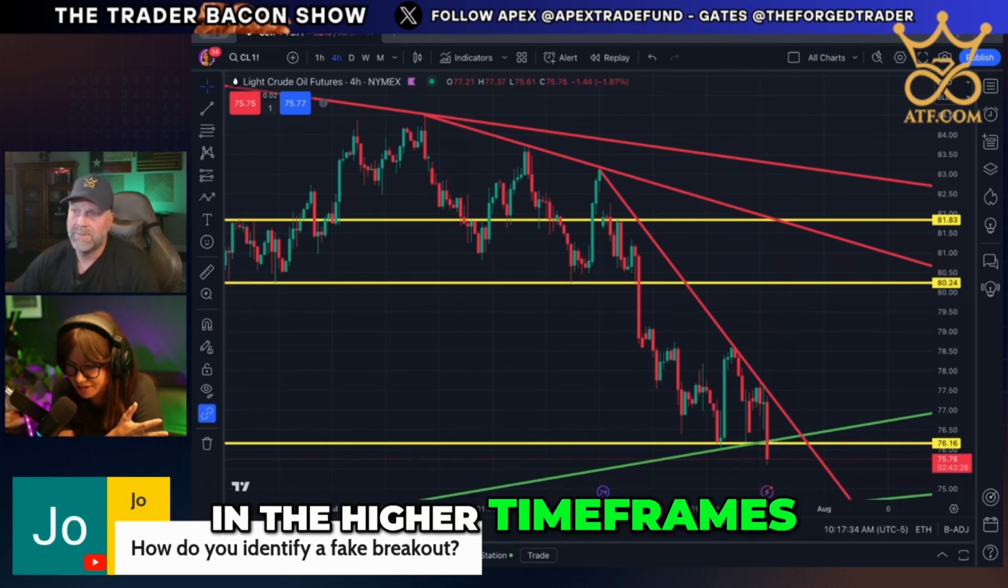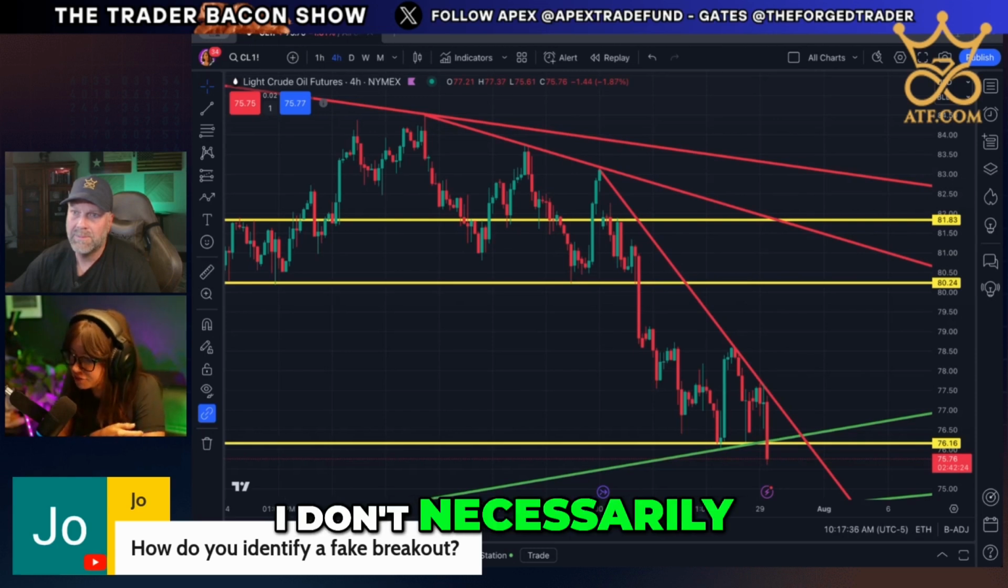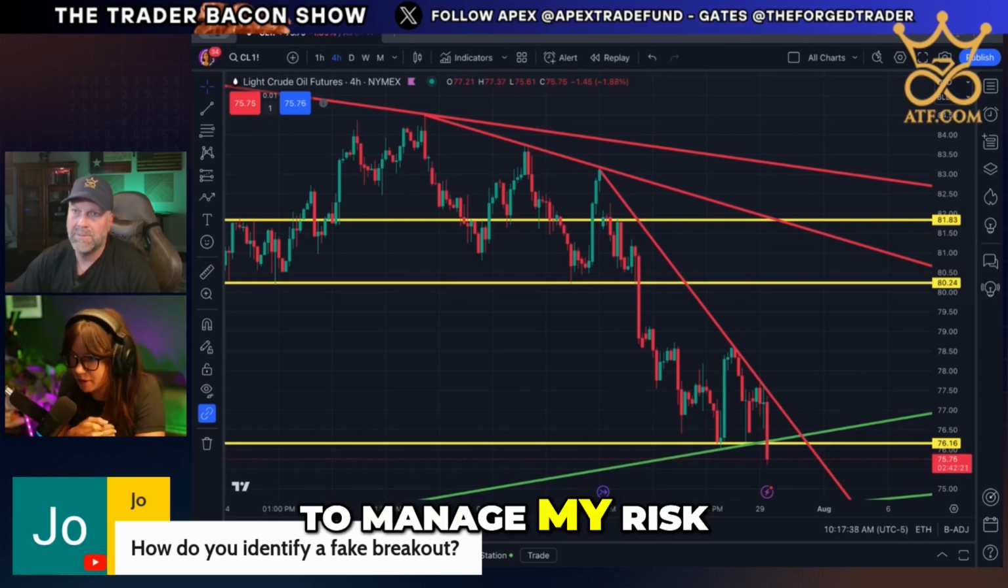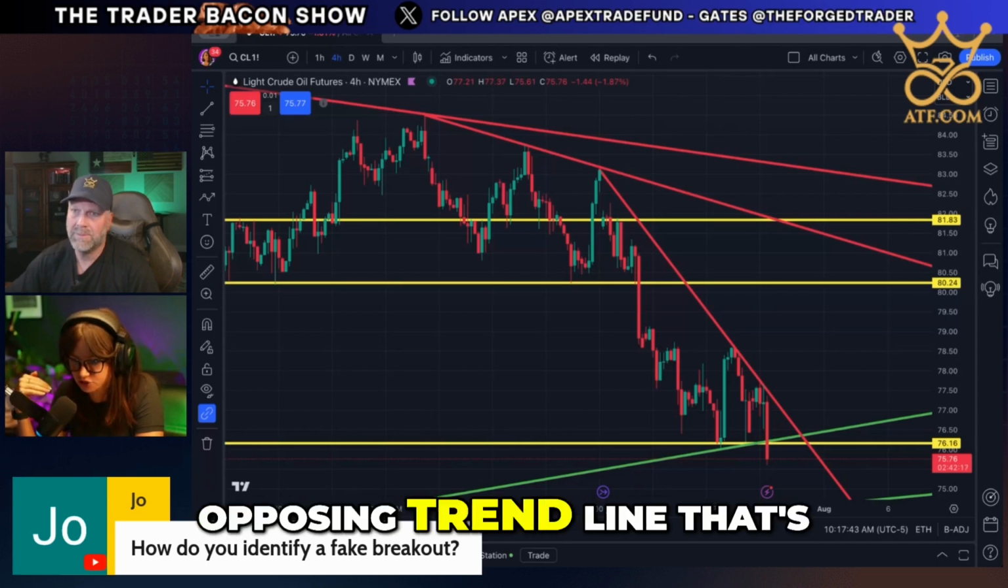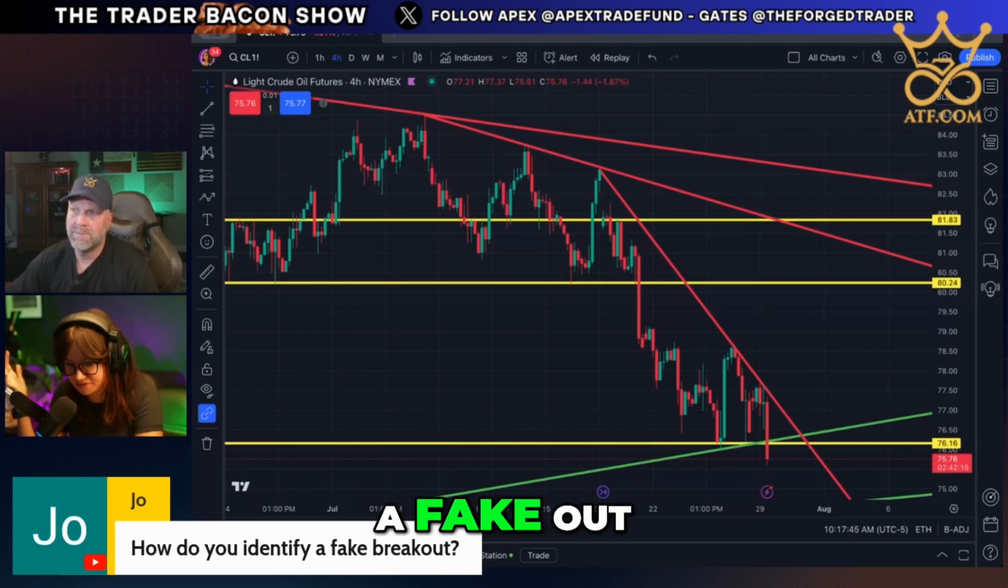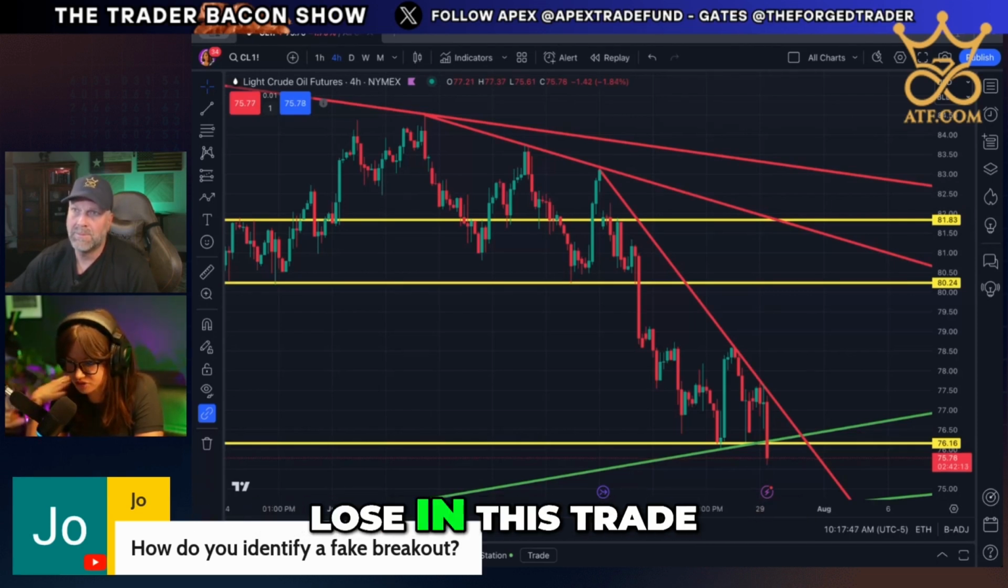In the higher time frames, I don't necessarily avoid them. I just am able to manage my risk in case it does happen. So I always have the safety line, the opposing trend line that's going to keep me safe. So if this is a fake out, I already know how much I'm going to lose in this trade,